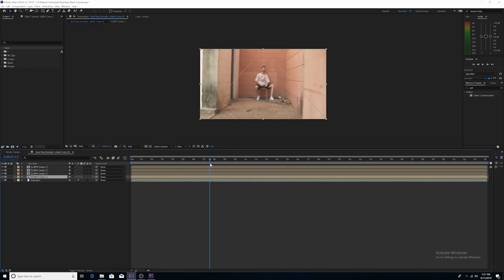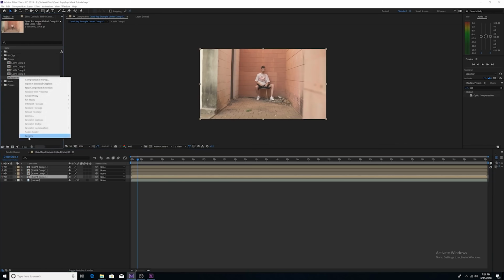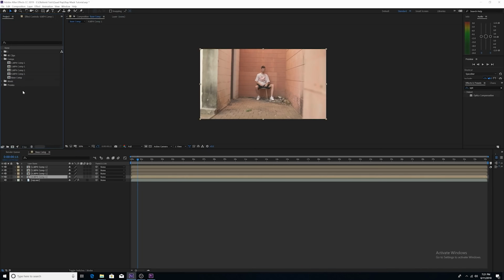Cool. So the comp that was automatically made when we put all these clips into Premiere is this one, Quadro App Example Linked Comp 02. That's a weird, confusing name. I want to make that simpler. Let's name this Base Comp, for no reason except this is kind of the initial comp that we're gonna put